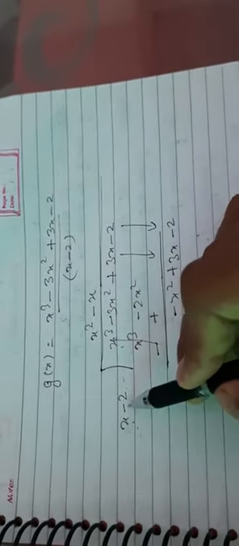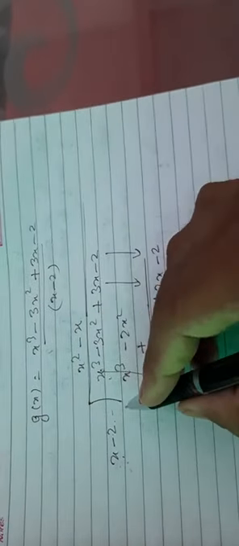Now first term divided by first term, minus x square divided by x, it will come minus x. Now minus x we multiply by both, minus x square and plus 2x. Change sign, they cancel. 3x minus 2x will come x, and minus 2. This is coming x minus 2. Now you can see this is also x minus 2, so here plus 1 will come. Change sign, everything will cancel, the division is complete. So after dividing, what is the answer? x square minus x plus 1.